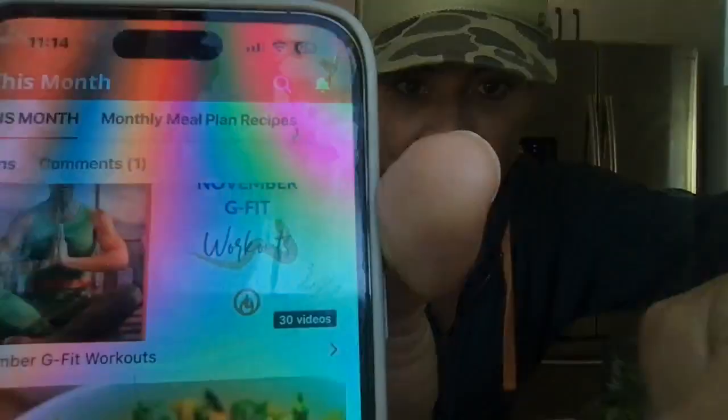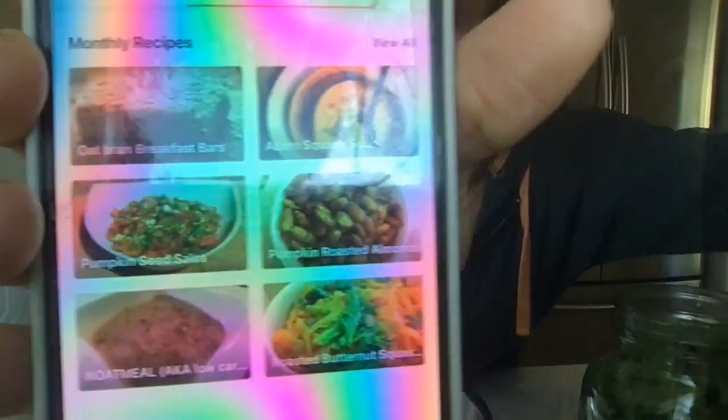So in the app, we all know what the app looks like, unless you're like, what app, Gina? We all know what the app looks like, right? Okay, so in the app, you'll see there's a little bit of a glare, but under this month, right here where the star is, you can't really see it, so I'm going to walk you through it. Where that star is, at the very top, you see this month, and then right there where it says monthly meal plan recipes, you click that little link, and now we have all of the recipes right there that are included in this